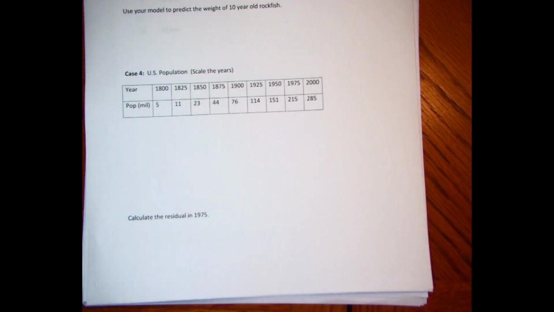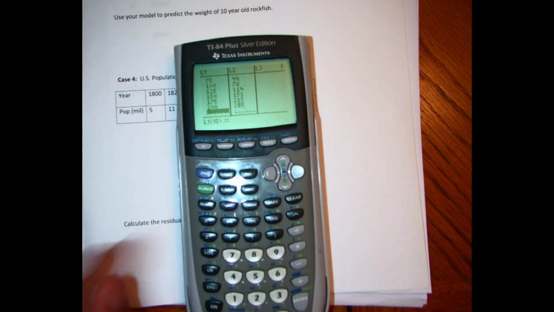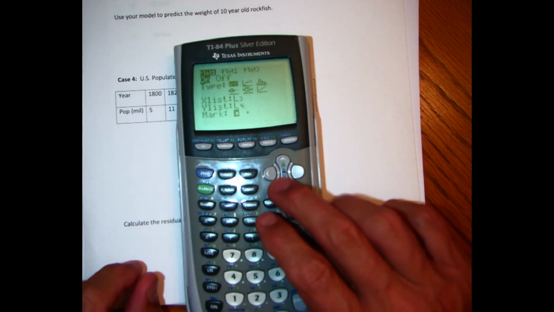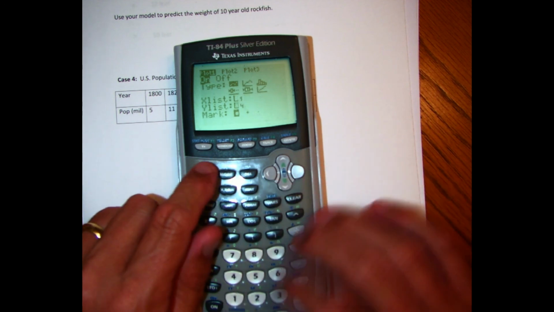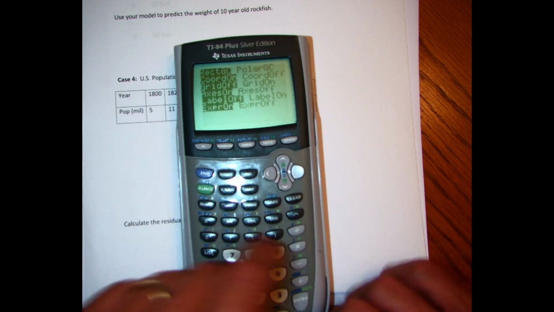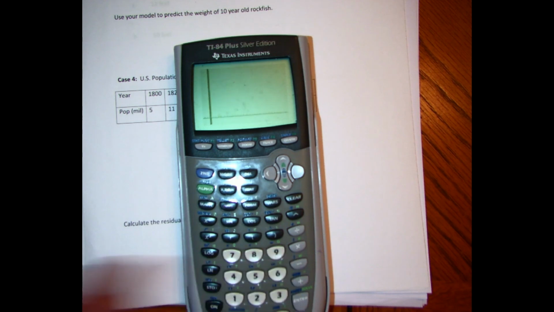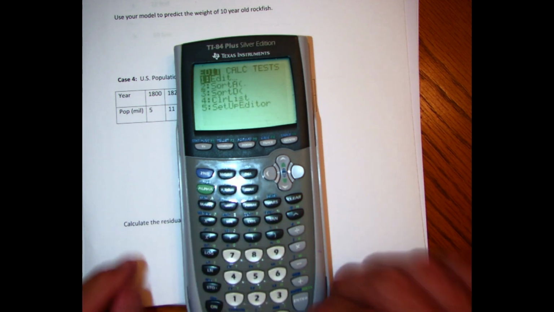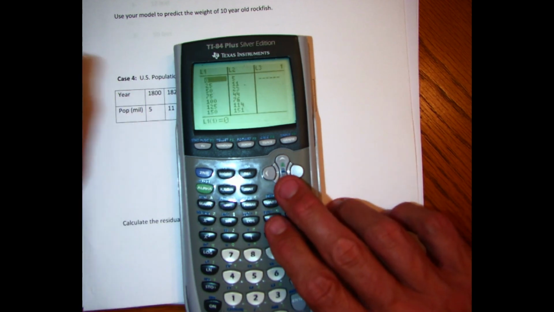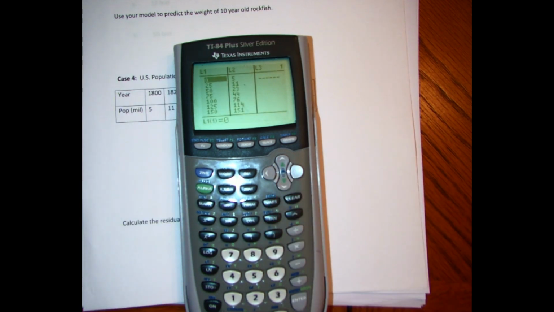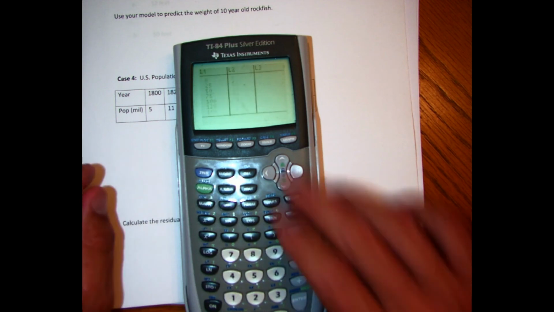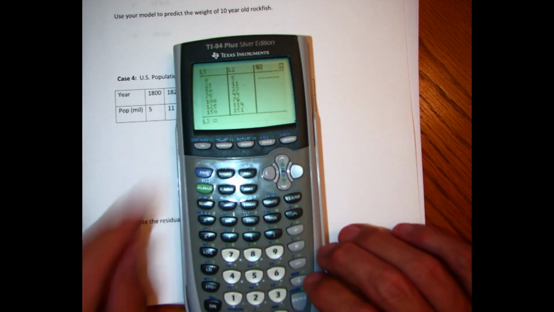All right, so let's look at case 4 here. If we put this into our calculator and turn our plot on, and go to zoom 9, we see we're curved. Now, I rescaled the data here. I put year 1800 as year 0. In looking at this, I know we've got to bend it down, so I'm going to start going down the ladder of powers. I'm going to do the square root function,